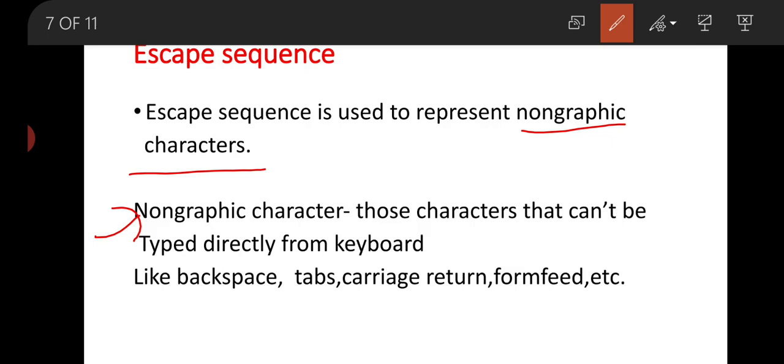That means characters like backspace, tab, carriage return, vertical tab, form feed, etc. These are not typed directly from the keyboard. That's why we have to use escape sequences to represent these non-graphic characters.